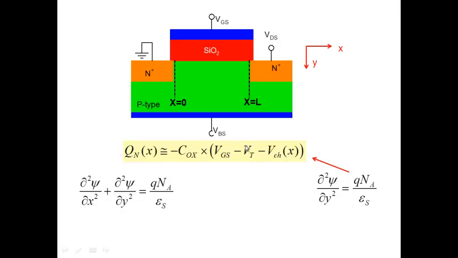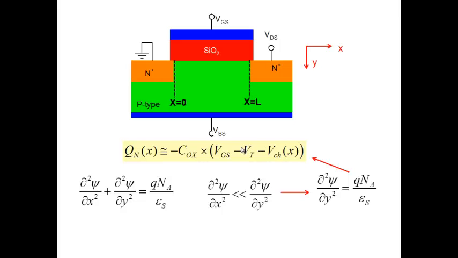While this result was obtained primarily from a one-dimensional solution along the y direction of Poisson's equation, when will our result be true? This result will be true if ∂²ψ/∂x² is much less than ∂²ψ/∂y². Even though we know that ψ is varying along x, if this variation is much smaller than this, then you can say this equation is approximately true,